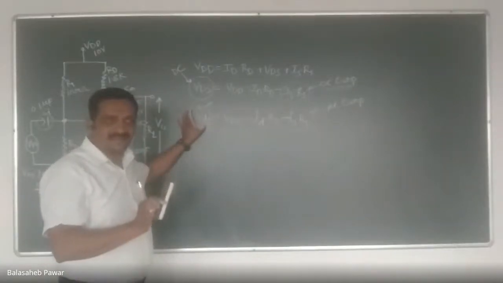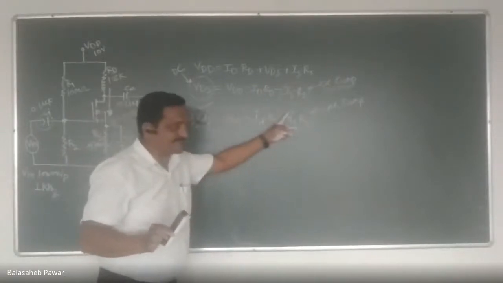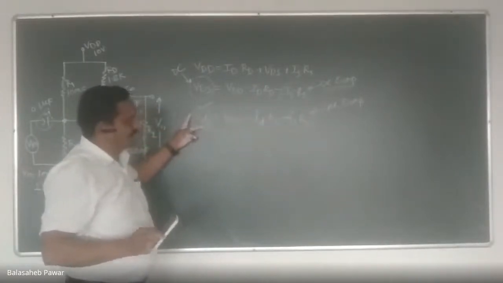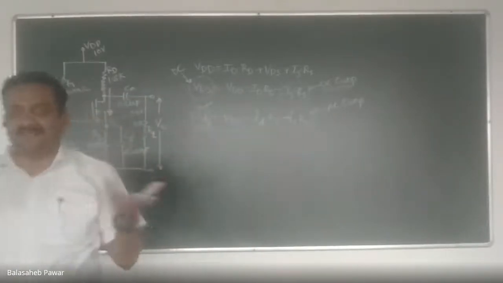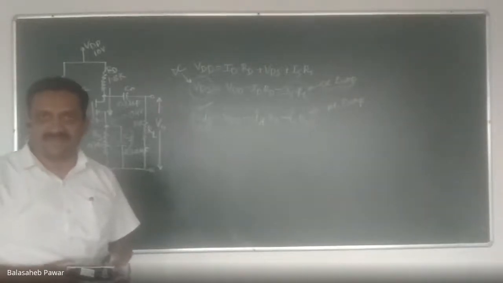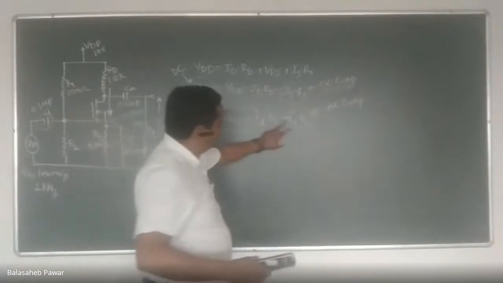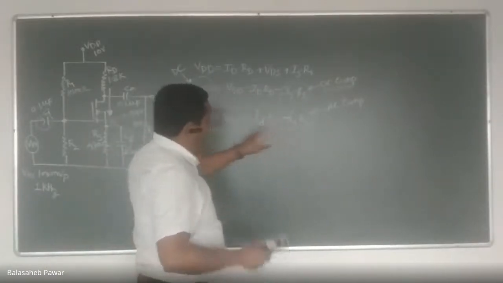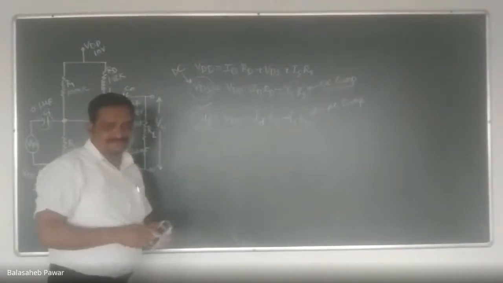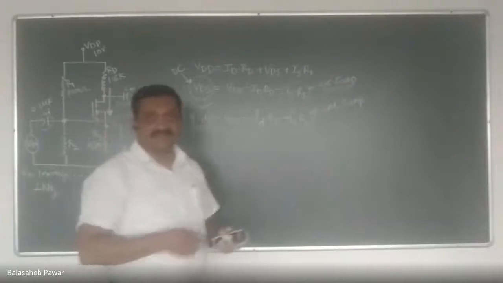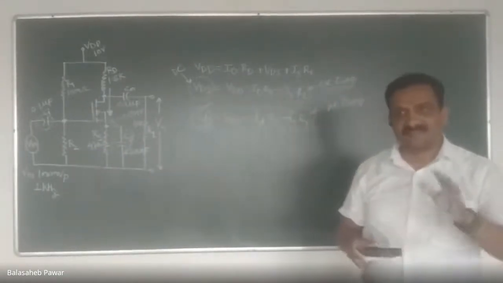Do you agree with this? The AC drop across resistor RS will reduce VDS. So we can say it will reduce the gain. Gain is nothing but output voltage divided by input voltage, and output voltage is nothing but VDS. So the AC drop across this RS will decrease the gain of that amplifier. And for an amplifier circuit, gain should be as large as possible. Yes or no?